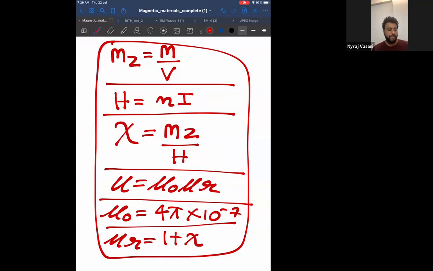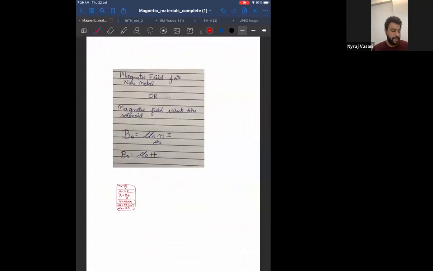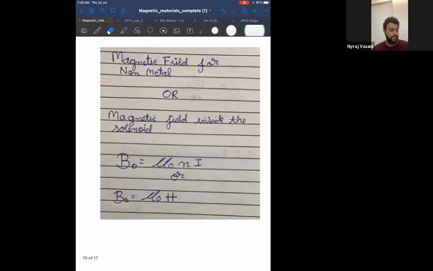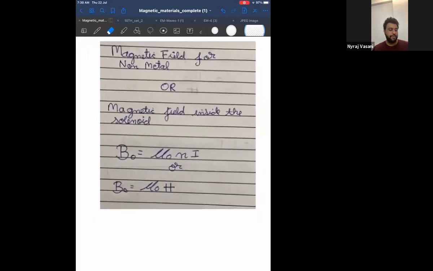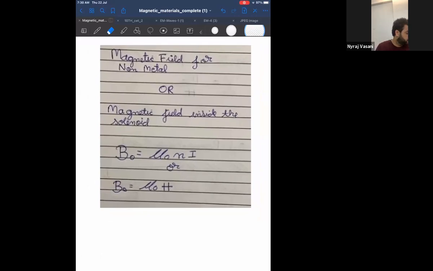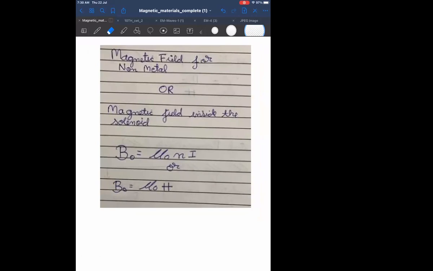Next we will go, and I want you to study this well. In the exam, just hear me out, they will ask you about magnetic field. What is the general formula for magnetic field? B equal to phi by A, correct? Magnetic field is equal to flux upon area. This is the general formula.